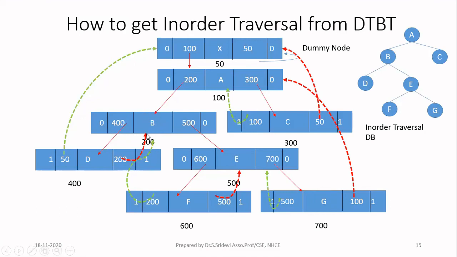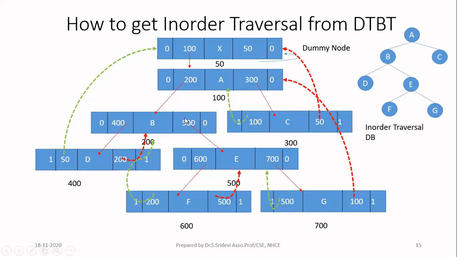After you print B, you check the last field again in the right direction. It is 0. When it is 0, whatever address is available here is not the in-order successor address. If it is 1, you will have the address of the in-order successor, but now it is 0. That means this address is not the address of the in-order successor. But you need to print the in-order successor. How to do that? You don't have the address now. So this is a normal node. It has its children. It is not a leaf node. In that case, you will not have the in-order successor address here.